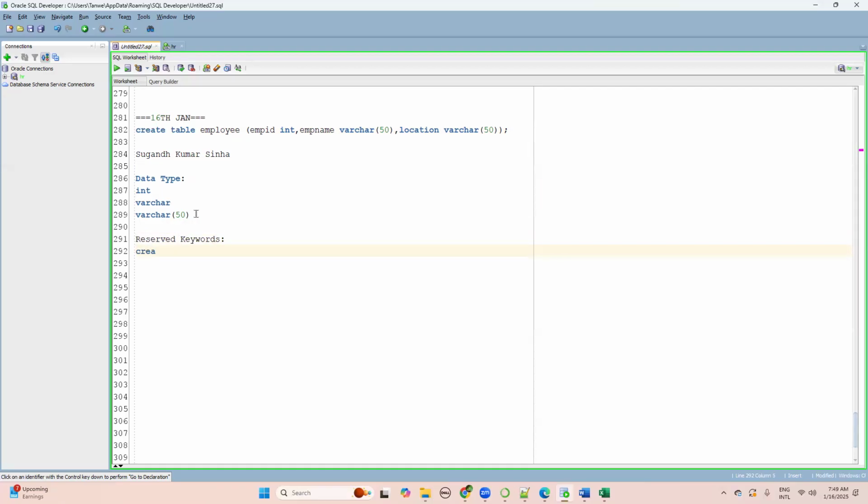Why am I telling reserved keywords? Because the SQL engine has a special meaning for these. SQL engine knows what to do. The moment you write create, the engine will understand, oh, I have to create something. The moment you write table, the engine will understand, yes, I have to create a table. Okay. And then we have user